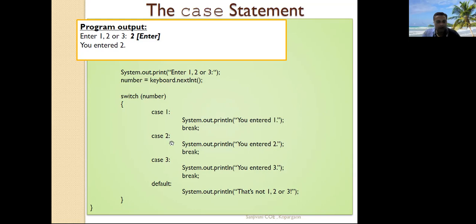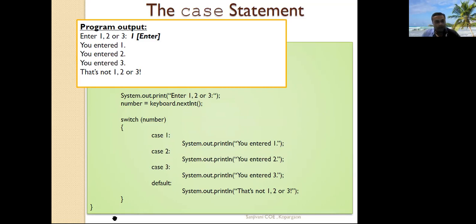Here a match is found, so case 2 gets executed and it will print the message, you entered 2. After the execution of the break statement, the execution control is transferred out of the switch. This is an example of how to write a switch statement in the Java programming language.